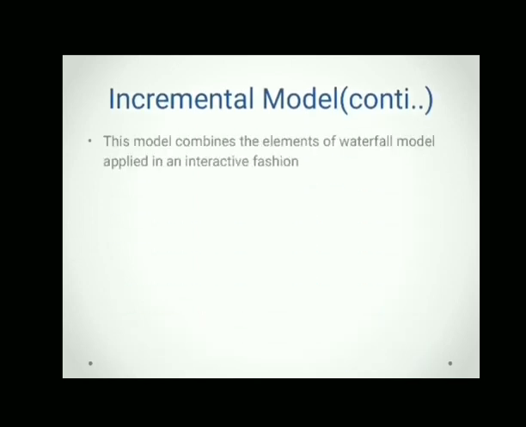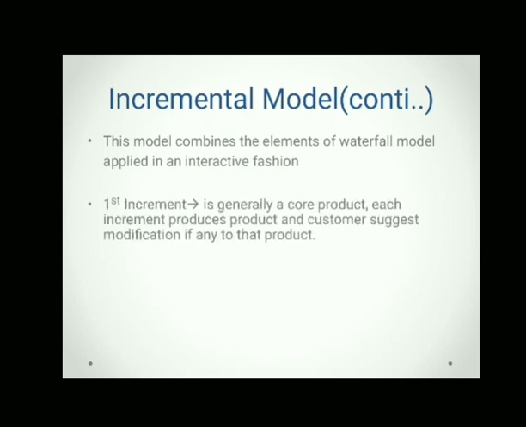Again, this model, as we all know, combines the elements of the waterfall model, and those elements are applied in an iterative fashion. It delivers a product in a number of increments. The first increment is generally a core product. In each increment, we go on adding functionalities as well as features.